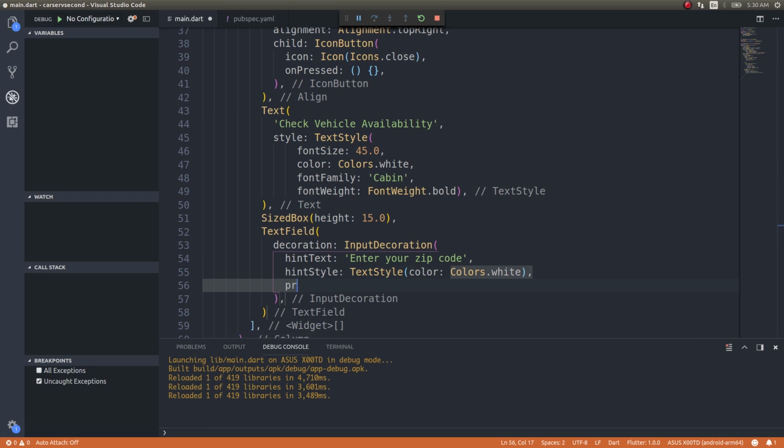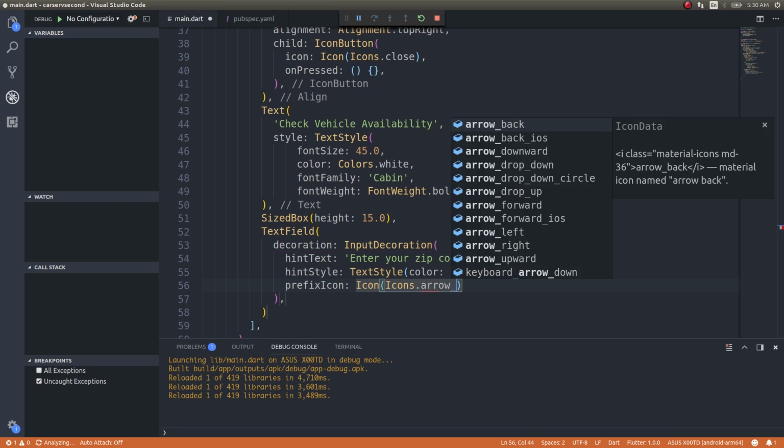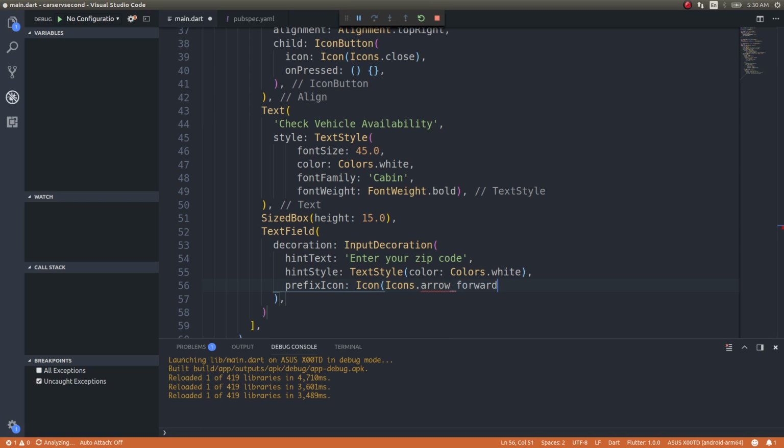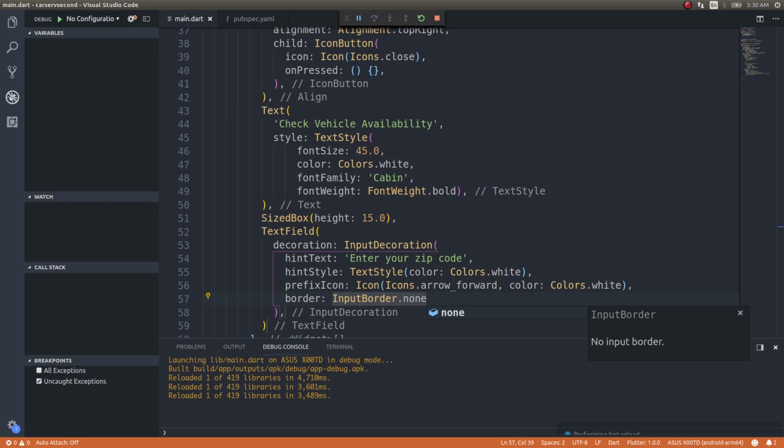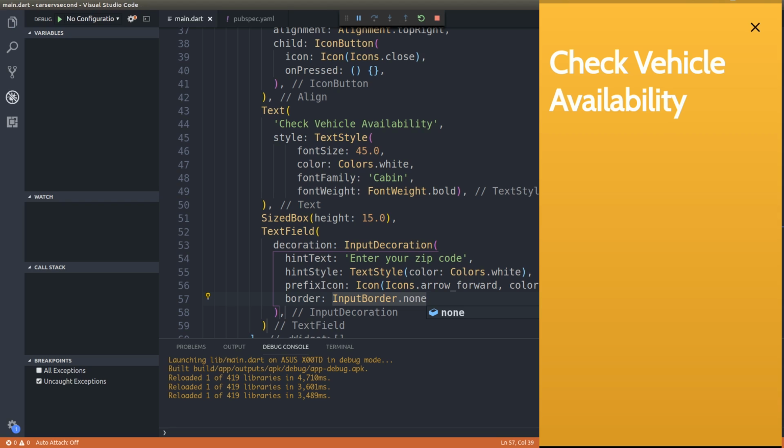and after this I'll do a prefix icon, Icons.arrow_forward, right? Forward, yeah, it was a forward icon, Icons.arrow_forward, Colors.white. Fine. And after this, border, InputBorder.none. Now save this. Let's see how this looks on our mobile device. Okay, we get a nice looking